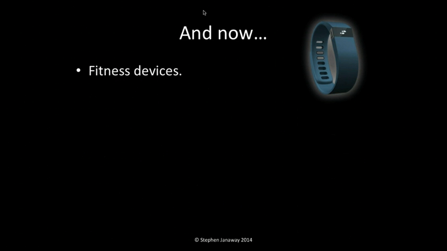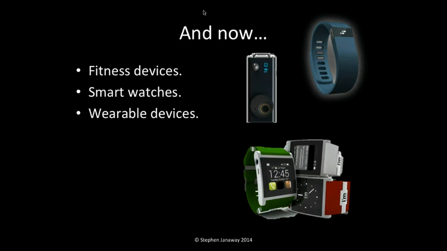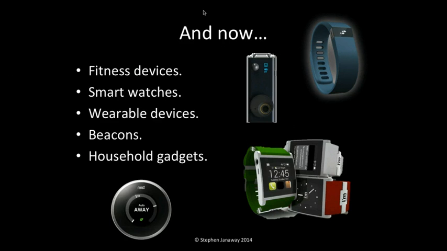And increasingly now, we're moving over more to wearable devices. So fitness devices, for example, smartwatches becoming really big this year, particularly with the launch of Android Wear as a platform. And also things like wearable cameras, for example, beginning to become bigger. And even creeping into things like shops. I mean, beacons are little Bluetooth low energy devices which retailers can use to communicate with your mobile. And household gadgets as well. I mean, Google bought Nest, for example, who make thermostats. All of these, I would argue, are mobile devices as well, and all of these present unique testing challenges.